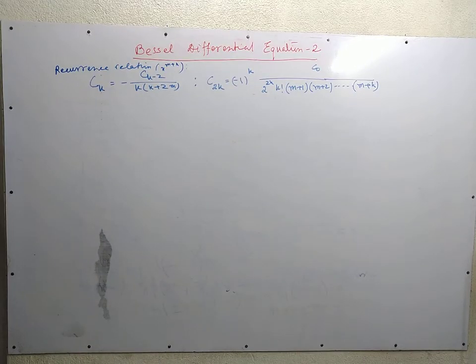This is the second lecture on Bessel differential equation. In the first lecture, we have introduced Bessel differential equation and argued that x is equal to 0 is a removable singular point. So we applied Frobenius method and found that the roots of the indicial equation